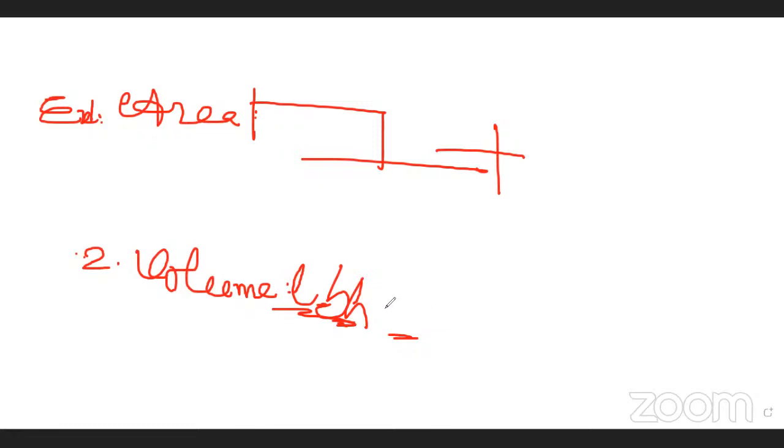Then the third example: velocity. How is velocity a derived quantity? How does it depend on fundamental quantities? Velocity is nothing but distance by time. That is